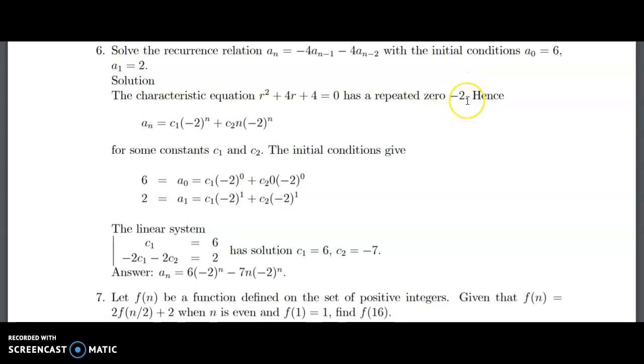And here is the difference. In the previous problem we had two different zeros. Now we have a repeated 0. So another theorem applies when the characteristic equation has repeated zeros. It says